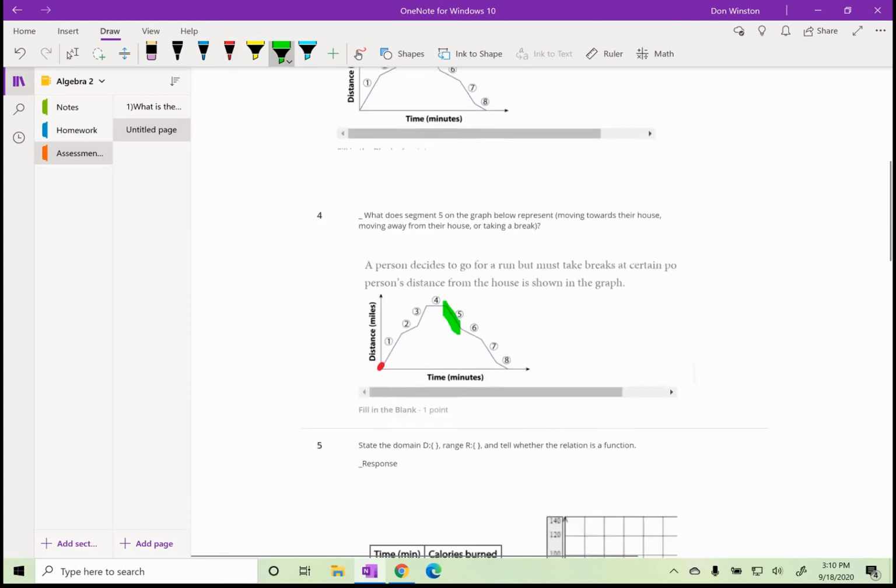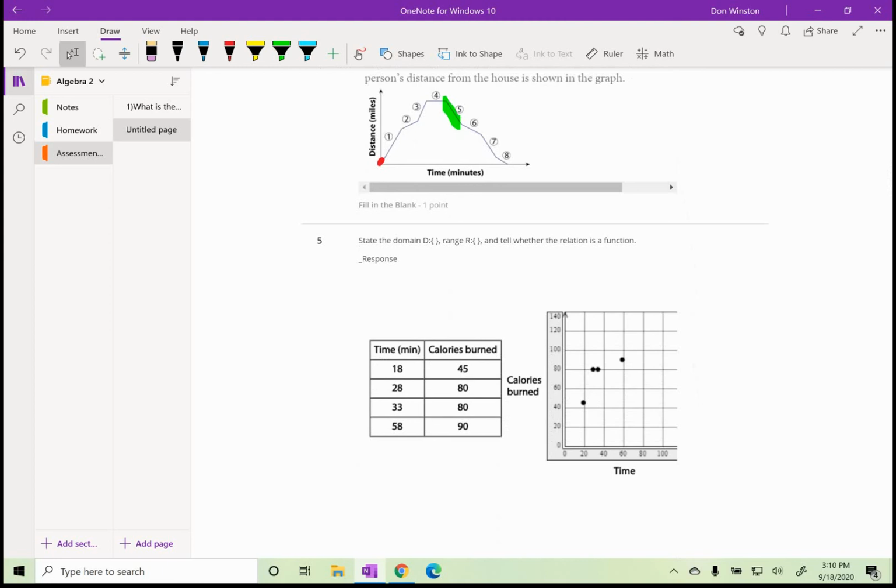All right, the next one here, state the domain. This is where some of you guys lost points. Okay, so the domain is the x values, and the range is the y values. And then you had to answer if the relation was a function. So my domain, well, that's the input values, 18, and we always list these in ascending order. So